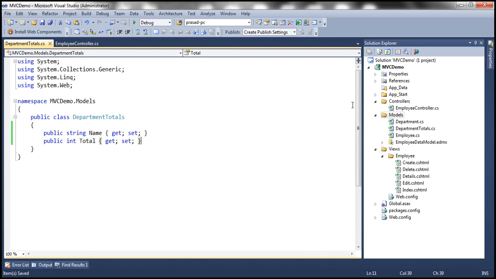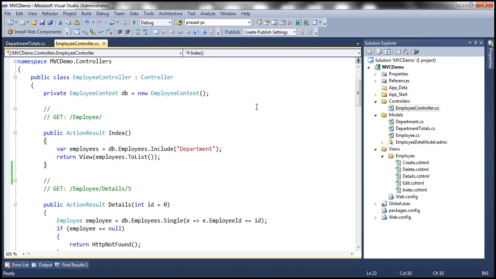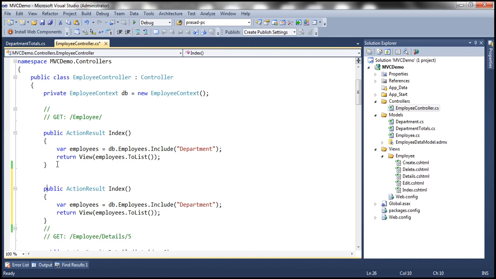The second step is to add an action method to this employee controller, which is going to return the total number of employees by department. So let's make a copy of this index action method and change it as required. Let's name our action method as EmployeesByDepartment,